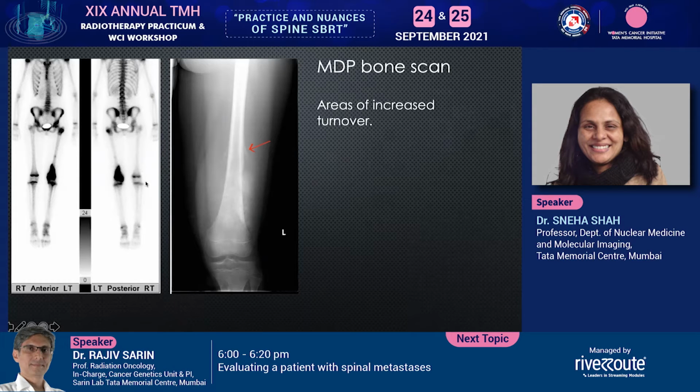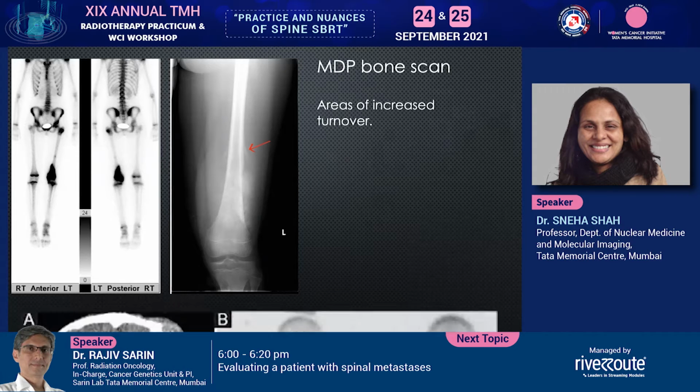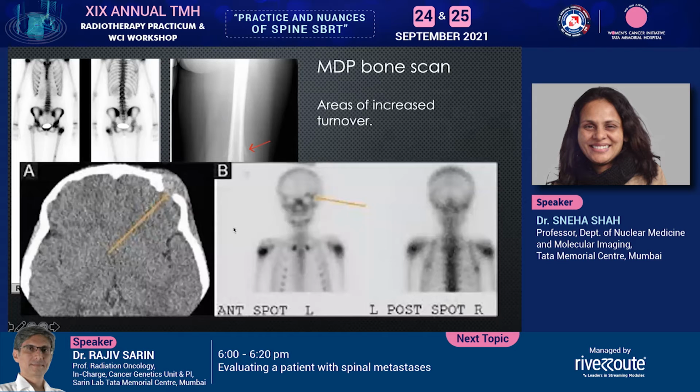But like we said, we are assessing the function. What if the function is reduced? That means you would have an area which is not showing uptake, which would be visualized as a photopenic area. And that means an area which has less function would not be very easily visible. It will appear as an area of less tracer uptake.